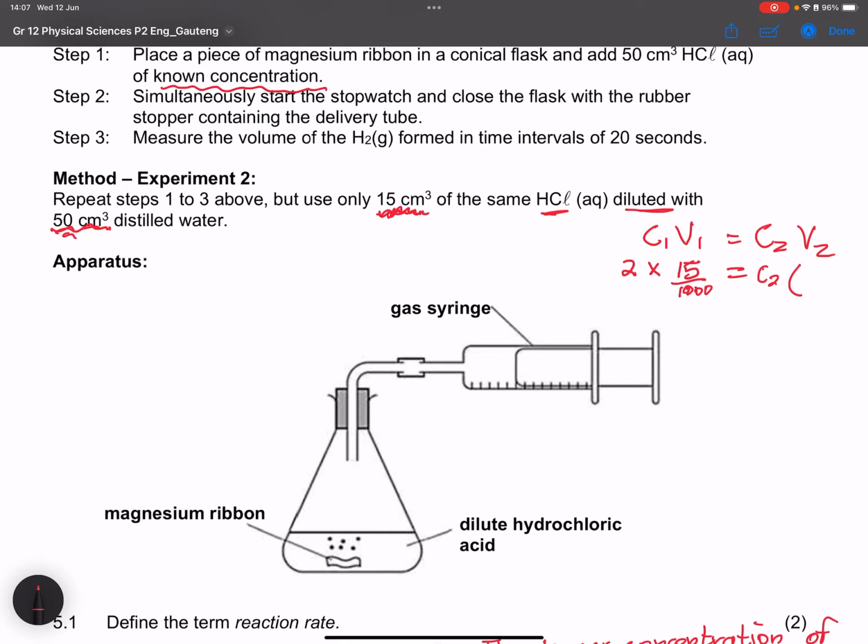Now the volume, in this case, we added 50 cubic centimeters to the 15. So we now have 65. If you want to, you can divide by 1,000, but as I said, it's not really going to make a significant difference. So I'm just going to keep it as 65, and I'm going to keep this as 15. All right, so which means our new concentration now, okay, so this will be